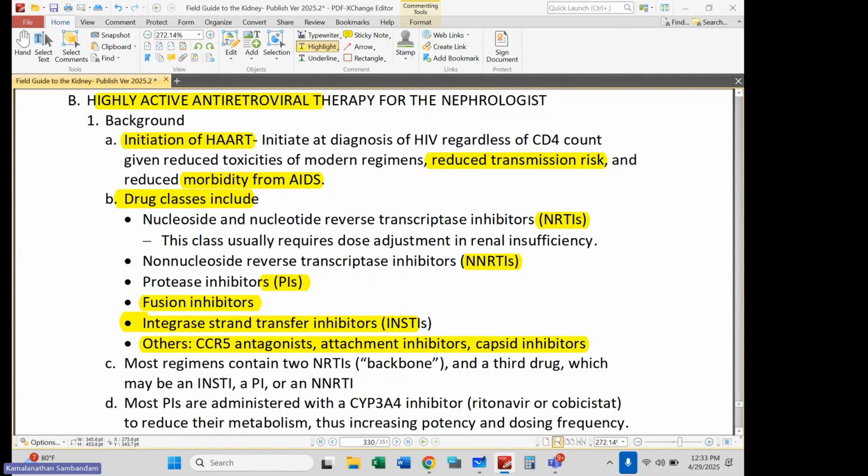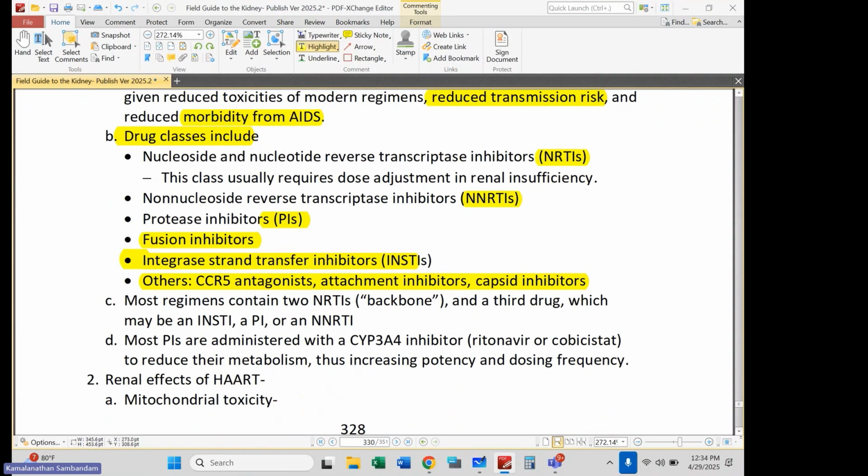So I've highlighted a couple of them here. But again, this was really the three-pronged standard back in the day: nucleoside reverse transcriptase inhibitors, non-nucleoside reverse transcriptase inhibitors, and protease inhibitors. So most regimens in the current practice include these nucleoside and nucleotide reverse transcriptase inhibitors, the so-called